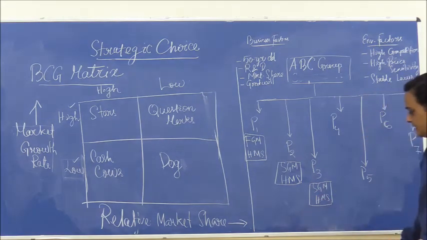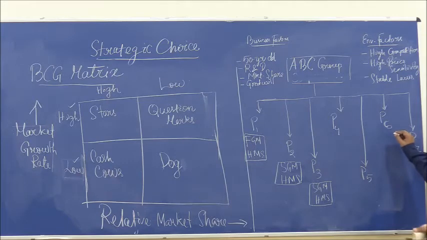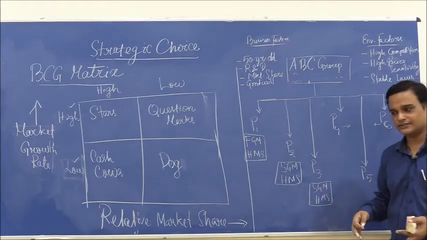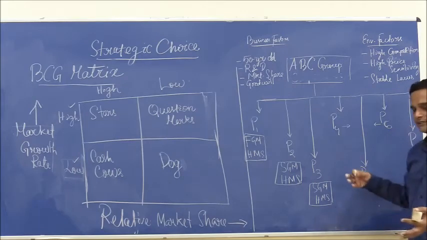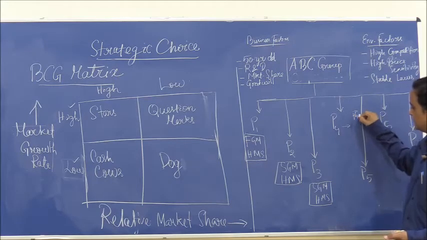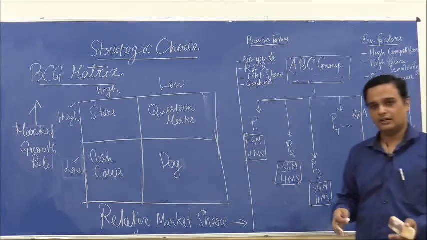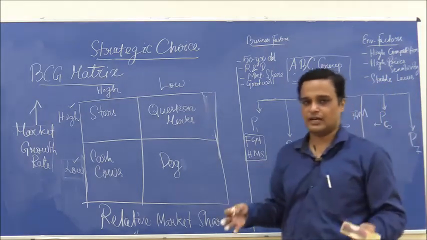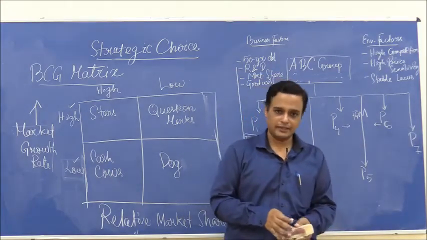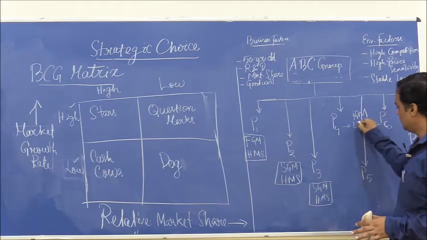A slow growing market with high market share. Assuming that P4 and P6 have similar characteristics, as in market share and market growth characteristics are the same for these two products, let us assume that they are operating in a fast growing market. Their businesses are operating in a market which has huge demand for that particular product, but their own market share is assumed to be low. So, low relative market share.